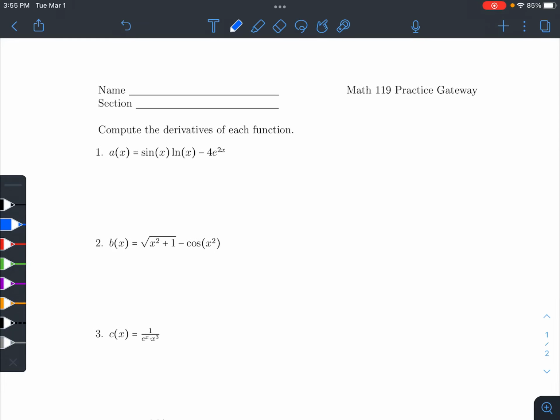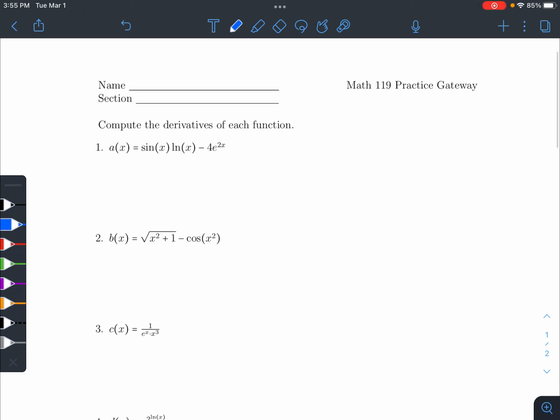Hi, I just wanted to make a quick video where I go through the gateway. This is the in-person gateway that we did, not the practice gateway. I'll show you my thought process for how to do each of these derivatives. So with the first one, we have a product of sine of x and ln of x, so we